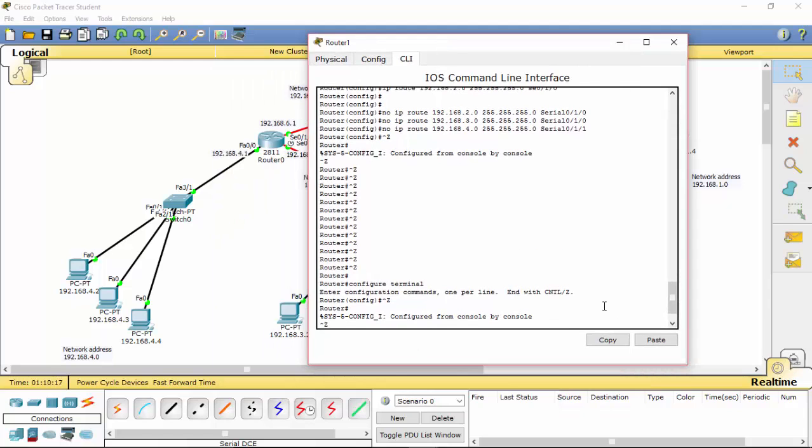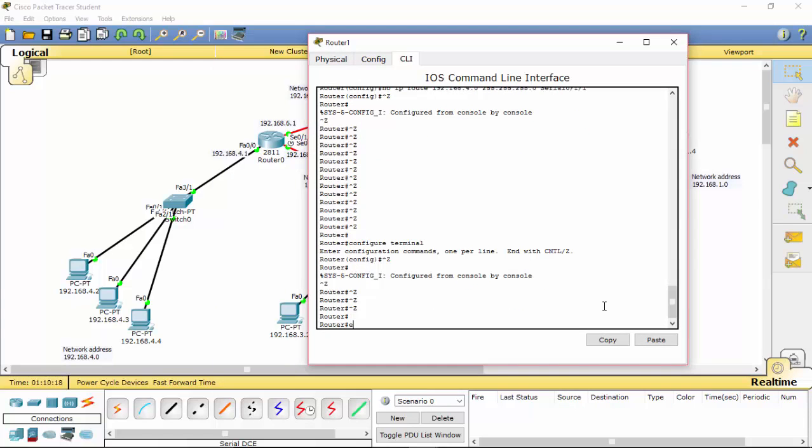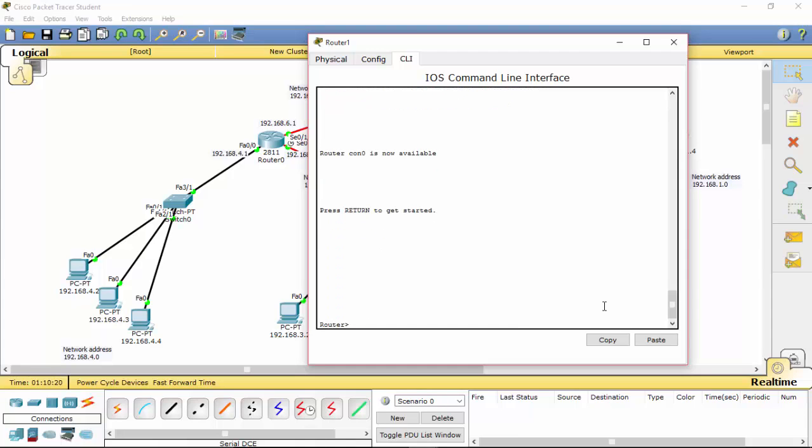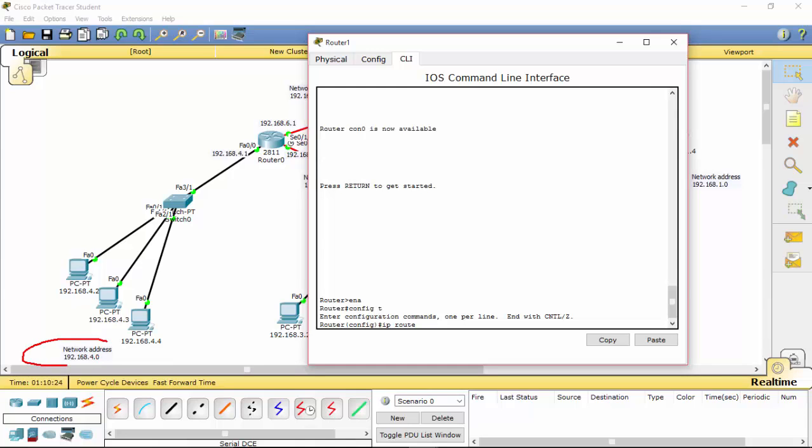and if you're on the global mode, exit that, and this is the privilege mode. Just type ENA to enable. You can just type ENA or enable, it depends on you, and then config T, and IP route. Use the network address. The network address is here, so use that,